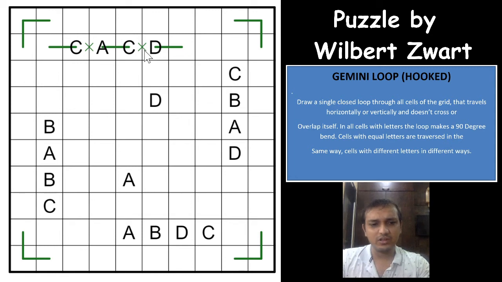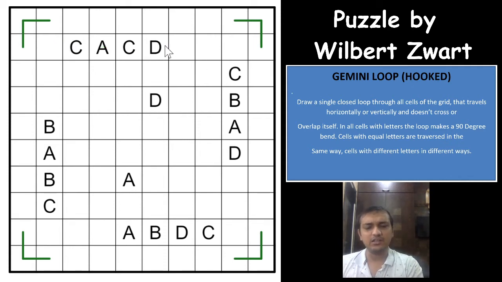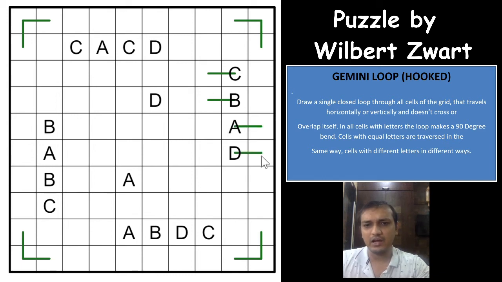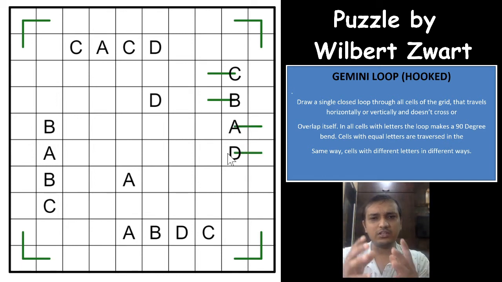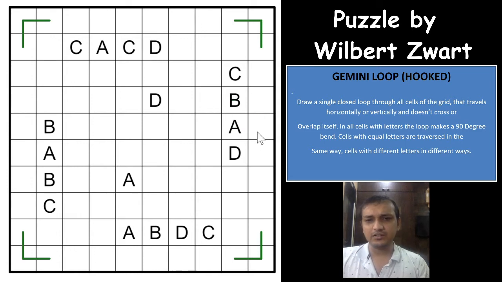That is one thing we have found here, which means that both C and B will have to go towards the same direction. So there will be two letters going towards the right and two letters going towards the left. We already know that A and D will have to go towards the same direction, which means that C and B will also have to go towards the same direction, right? So whatever direction C and B go, the opposite direction A and D will go, which means that at this point this line is for sure.